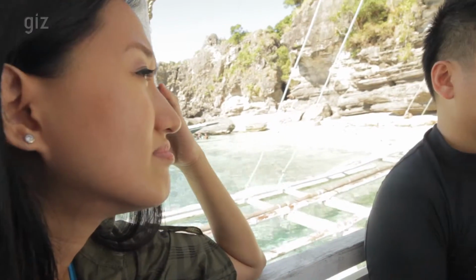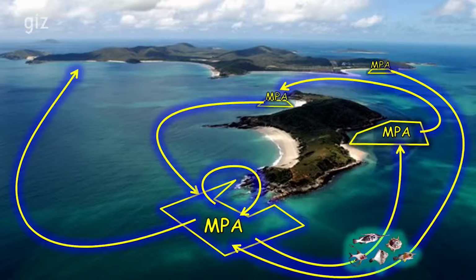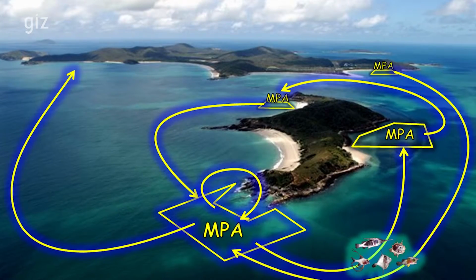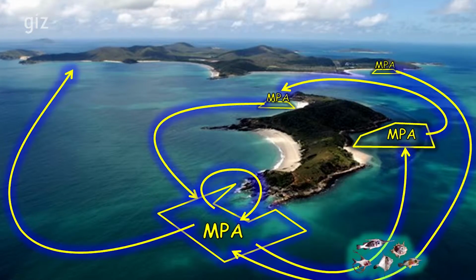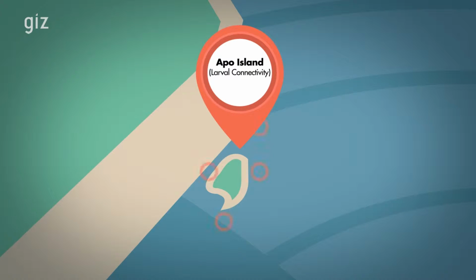Our research, which is supported by the ACC Coast of GIZ, is trying to understand how marine protected areas are connected to each other through the dispersal of young of marine organisms, specifically larvae. It's important for us to find out how these things are connected in space, because that's how you can possibly form marine protected area networks.